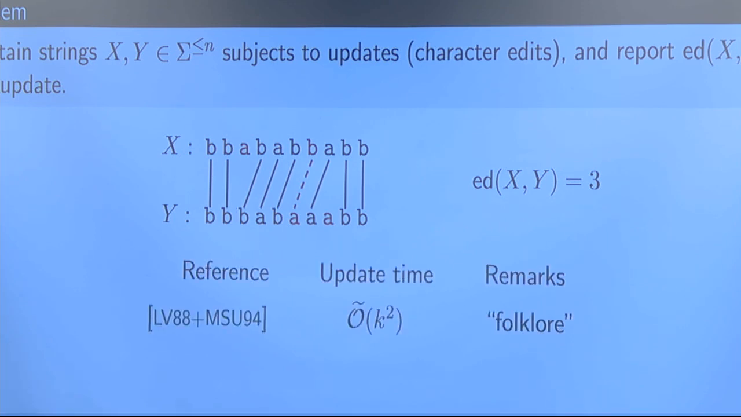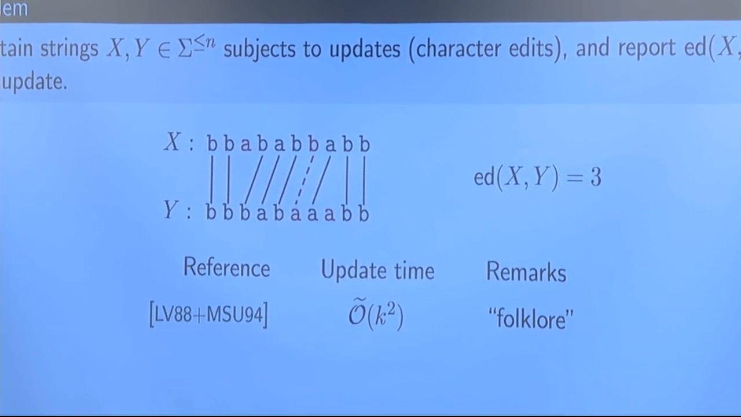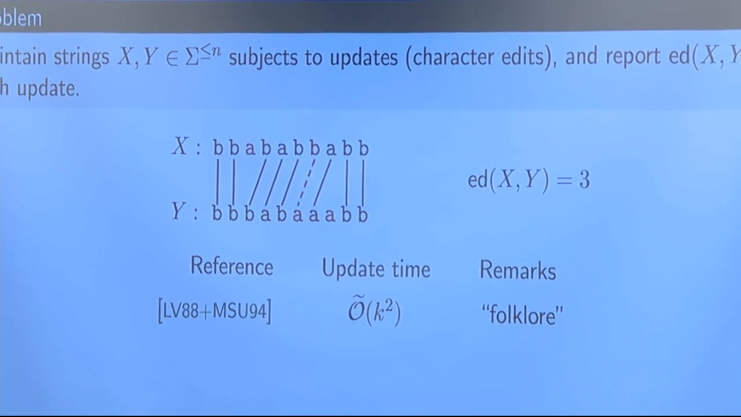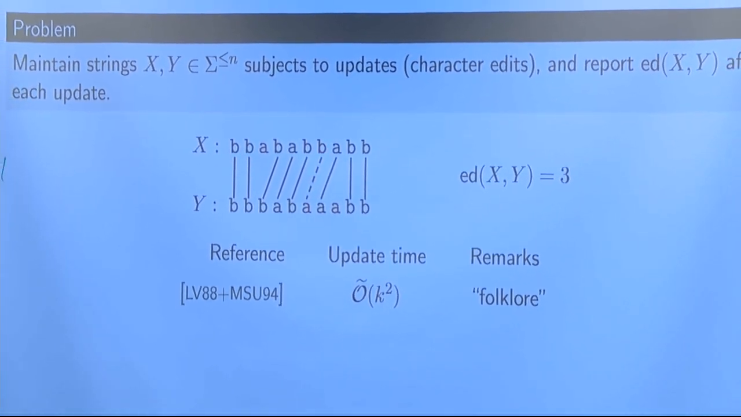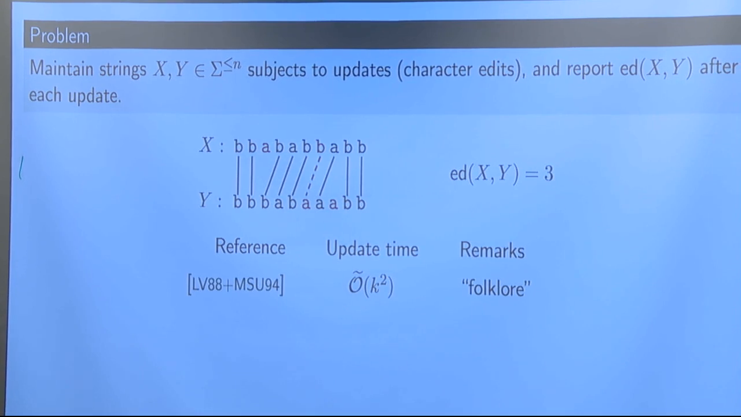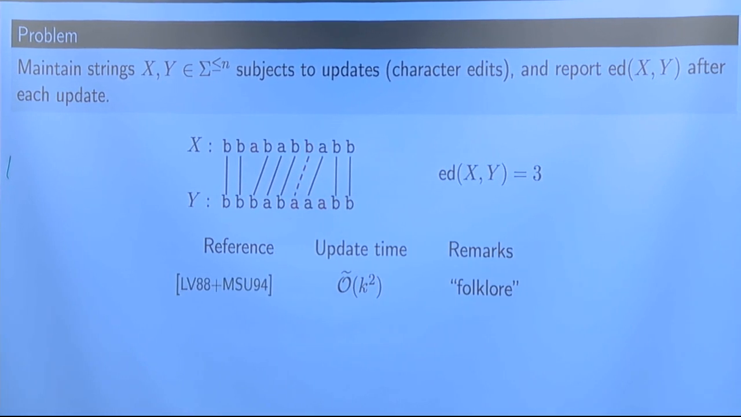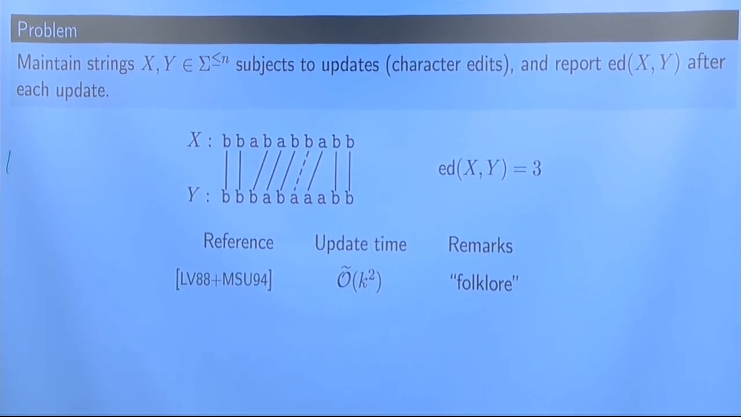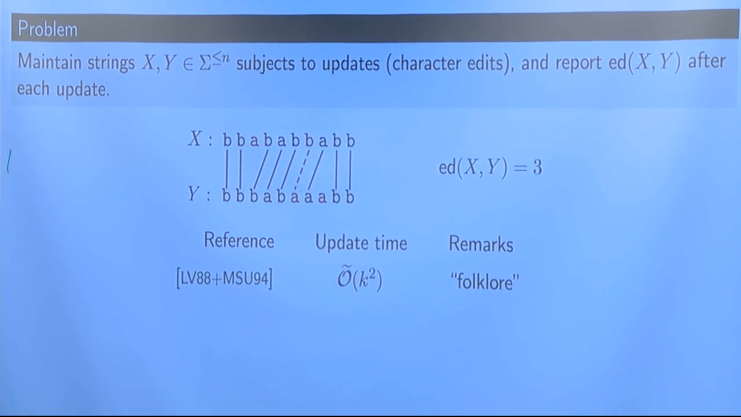A kind of folklore solution, which comes from combining the Landau-Vishkin algorithm with a very early dynamic strings data structure, shows that you can achieve update time quadratic in the distance. And here in this O tilde notation, I'm hiding some polylogarithmic factors in terms of n, the length of the strings. So this was already known in the 90s, although I'm not aware of any